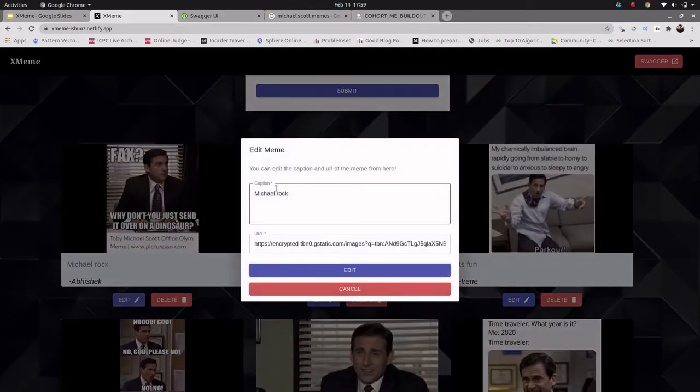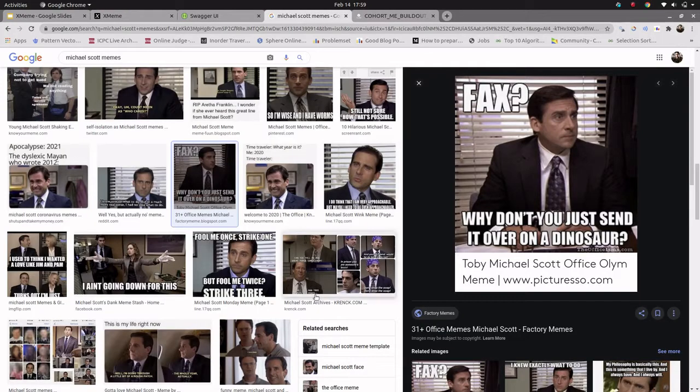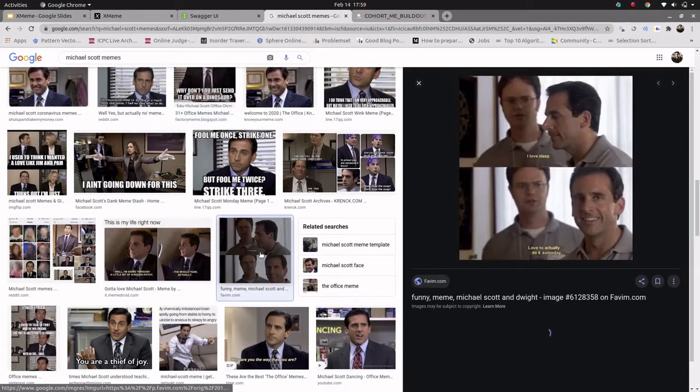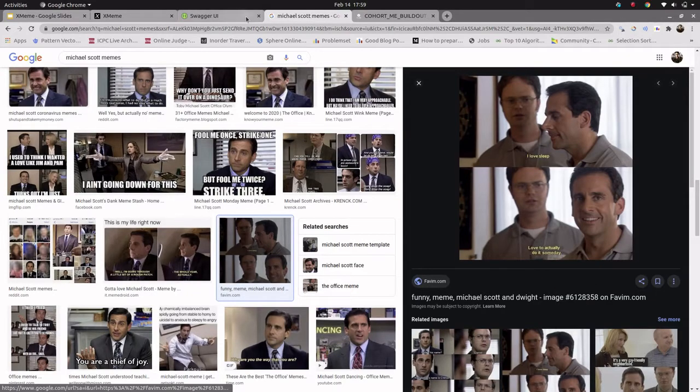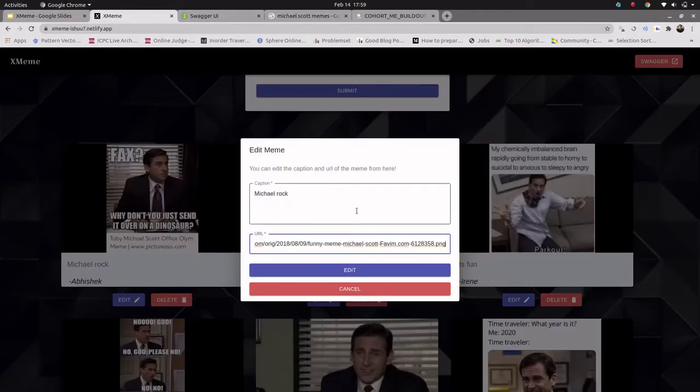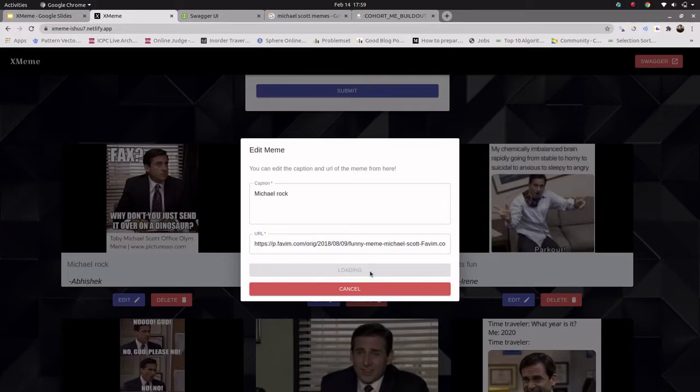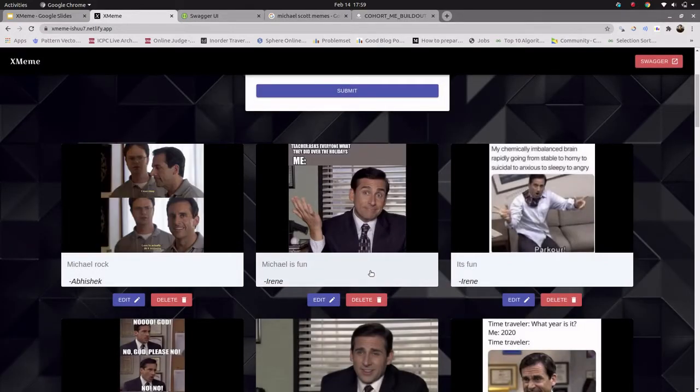And he can also change the URL of the image if he wants to. Let's say he wants to change this to this, then he can simply copy the image address from there, post it here, and edit. Yeah, it is getting changed. So it's all working fine for edit.